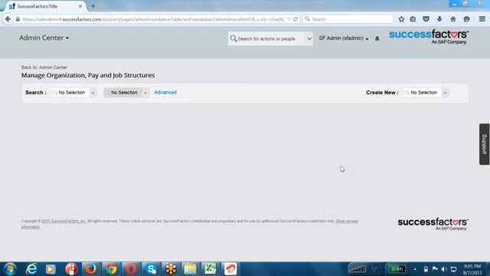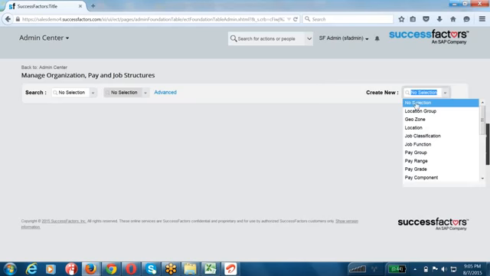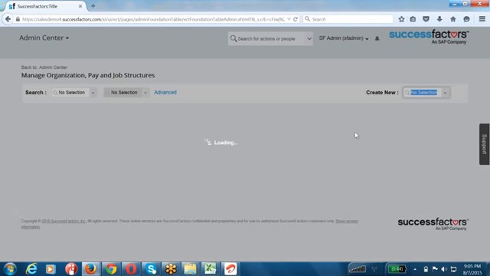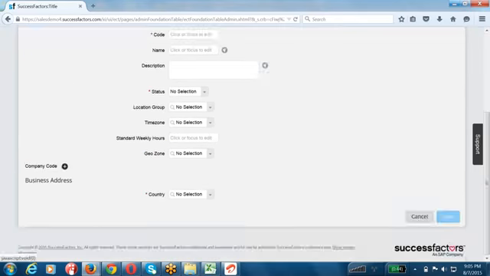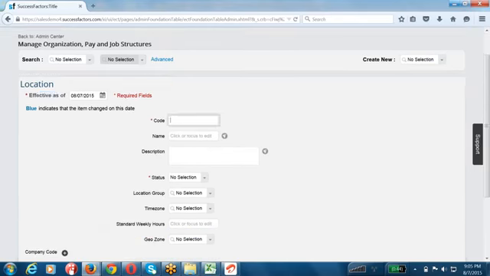We are interested in creating a brand new location, and if you go here and search for location here, select this location. And here you can see you have effective date, and let's say I want to create